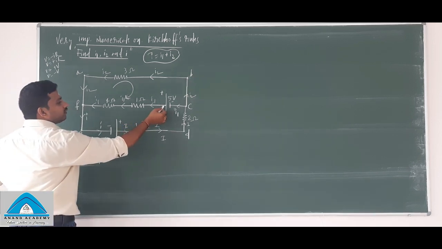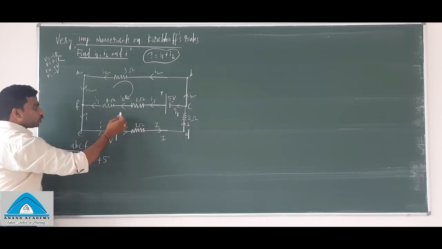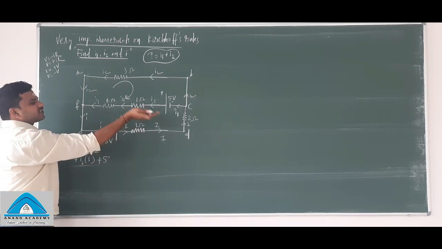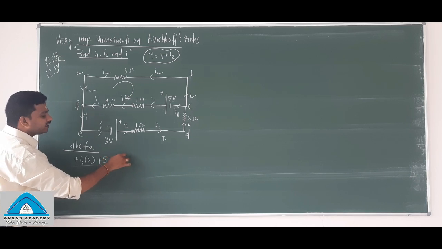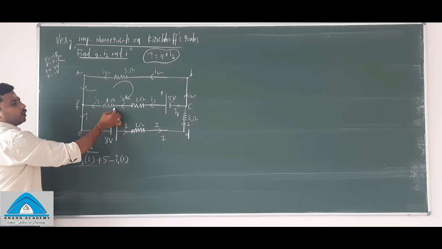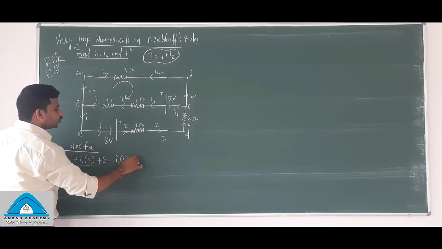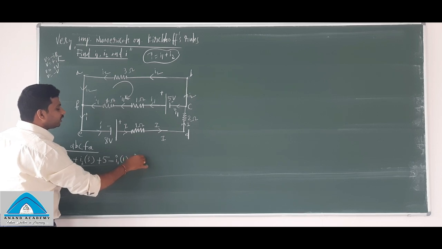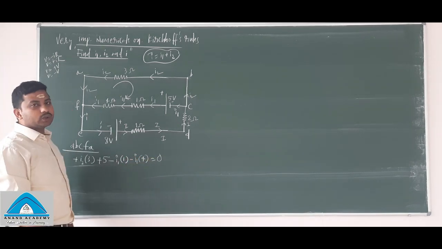Okay. So now we are moving like this. See, our loop direction is in the direction of the current, so here the potential difference across this is negative. So what will I write? Minus I1 into R. R is 1 ohm. So here also our loop direction is in the same direction of current, so that is also minus I1 into 4, which must be equal to 0.